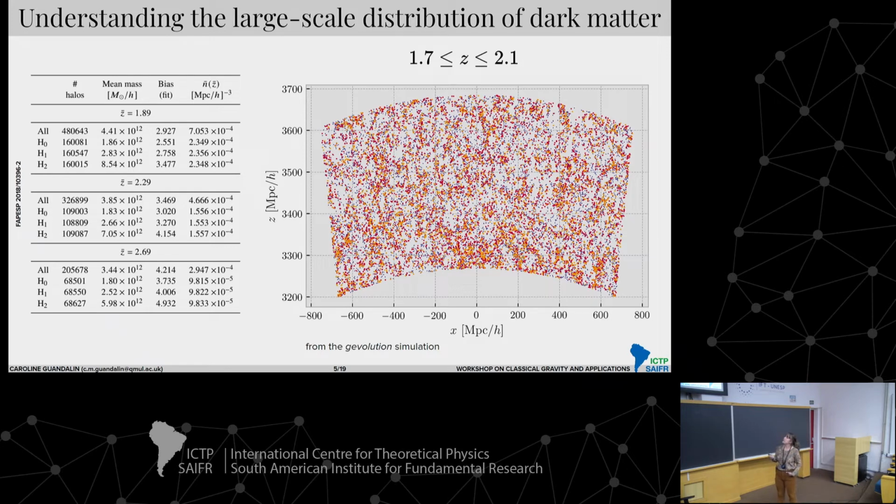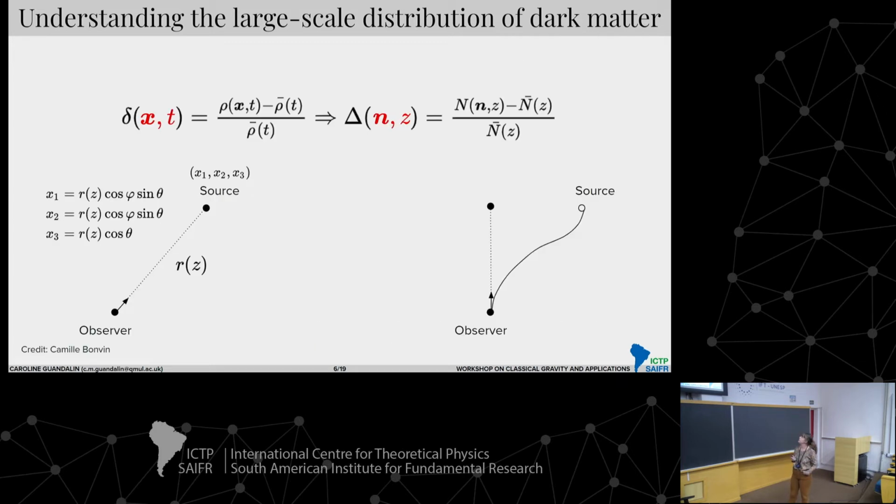And this is an example of how different halos, so each different color here is a different type of halo with a different mass, have very different linear biases. So this is what is meant, that b_alpha is going to have different values. It's going to trace the dark matter field differently. And we're going to use these halos here just for the purpose of the rest of this talk.